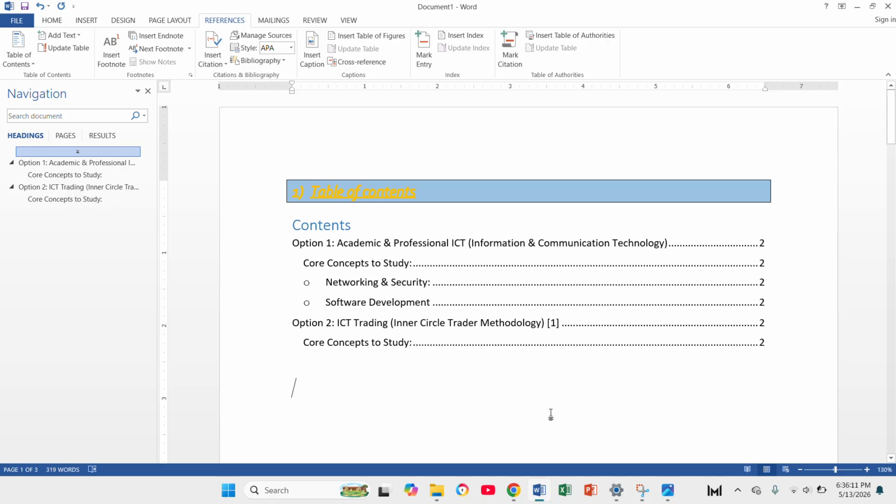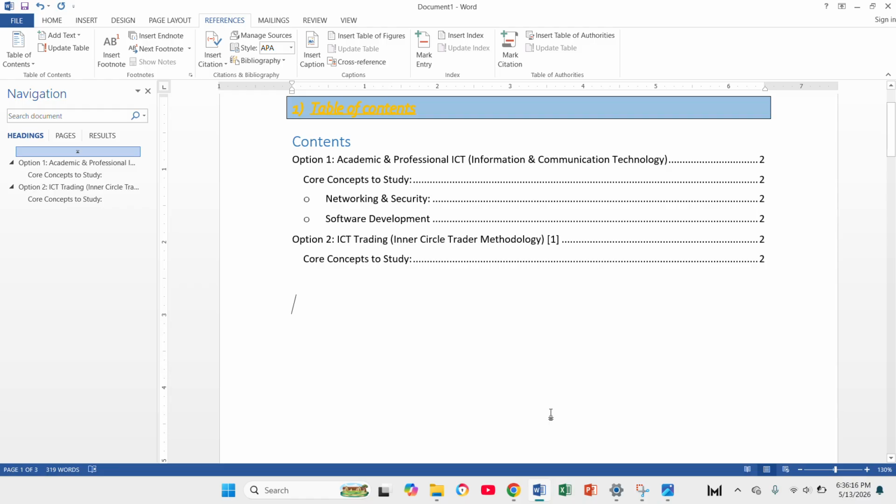Then you see that my headings that were selected are being made here as the table of contents,